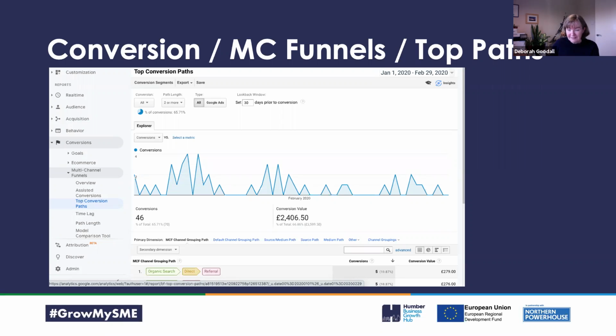This is important because you don't want to just make assumptions that people are coming direct to your website and making a purchase, which is unlikely anyway. It's all about the number of touch points to make someone into a customer. You'll know yourself, I'm terrible for it. You go to a website, you have a look around.